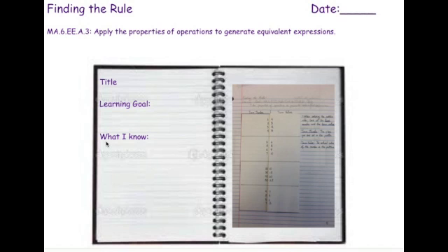Today's video lecture is about finding the rule, and our standard today asks us to apply the properties of operations to generate equivalent expressions. So hopefully we remember that operations include all of the mathematical processes that we've learned so far, which is multiplication, division, addition, and subtraction. And we're going to generate equivalent, which is equal,